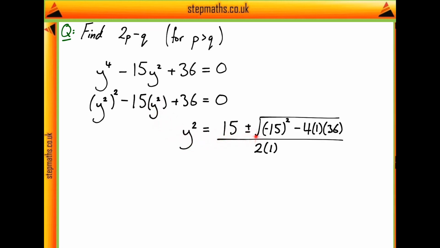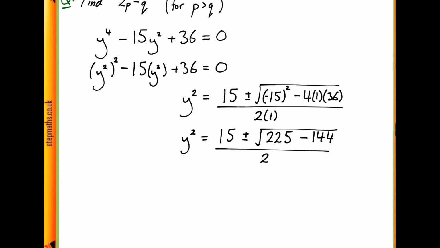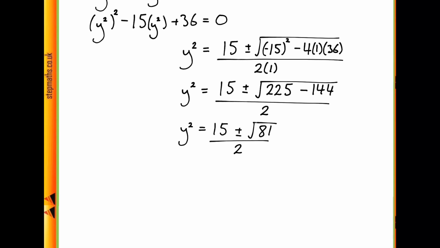So we can just use the quadratic formula to try and solve this, giving us that y squared is equal to 15 plus or minus the square root of minus 15 squared minus 4 times 1 times 36, all divided by 2 times 1. And then with a little bit of calculation, we see that minus 15 squared is going to give us 225, and 4 times 1 times 36 is 144. So we need to just take those two things away from each other to see that this gives us a y squared value of 15 plus or minus the square root of 81 over 2,